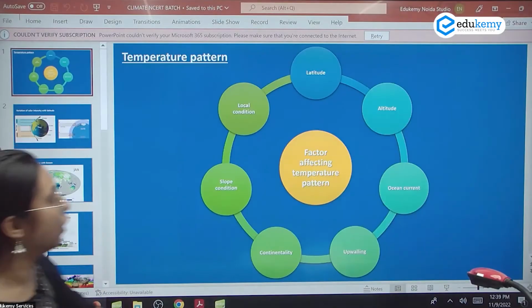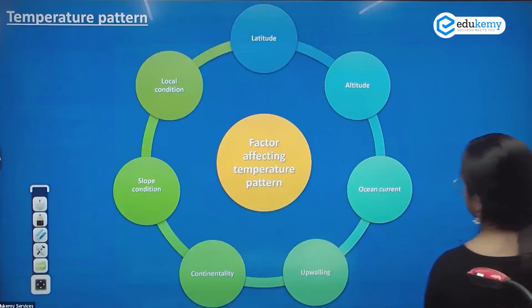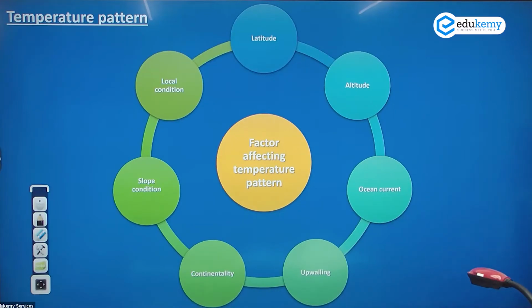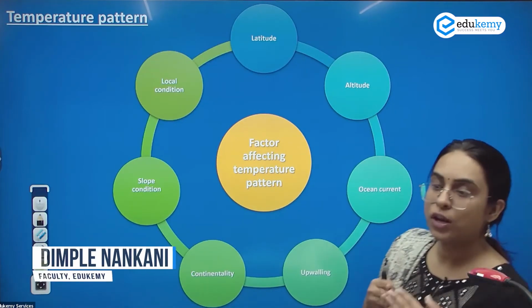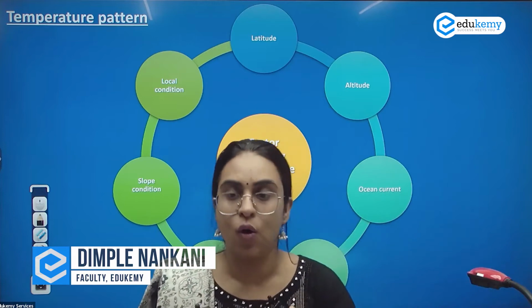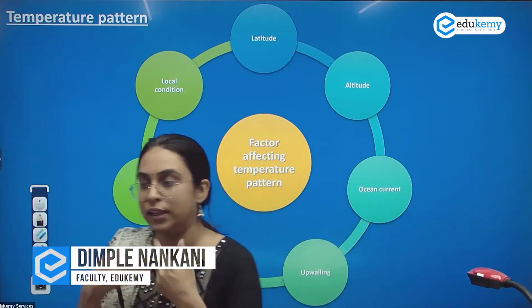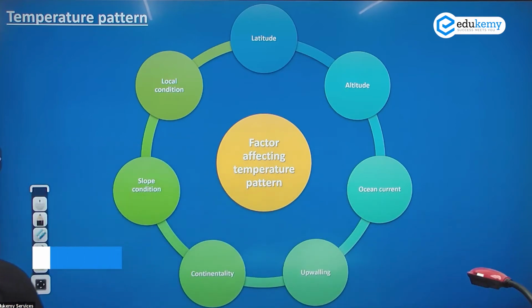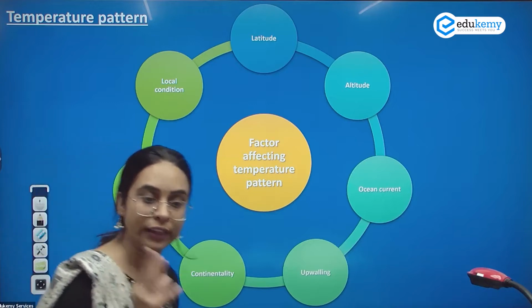What are we looking at? We are looking at what we will study in climate. In climate, we will be studying the horizontal pressure variations, because we have to understand the wind system. The pressure and temperature are related. There are various factors that affect the temperature, and therefore these conditions will also affect the pressures.